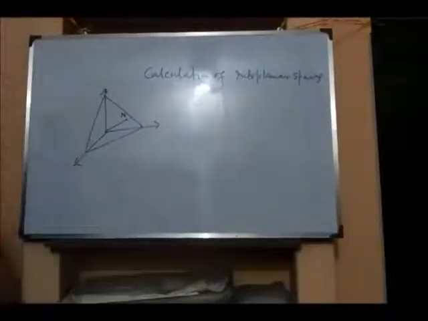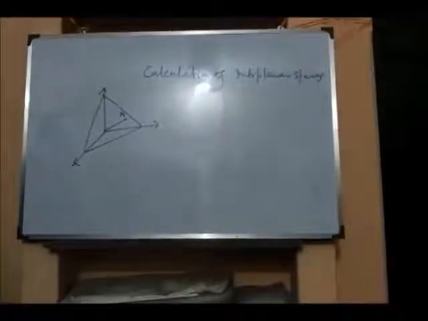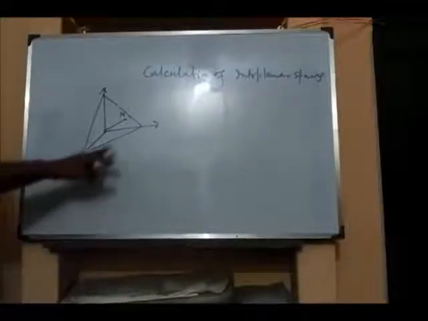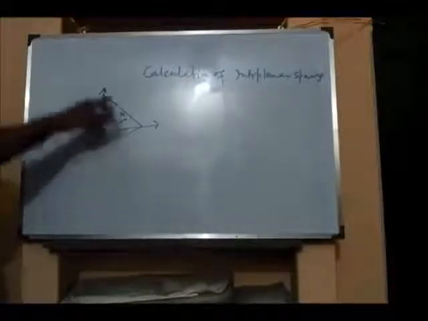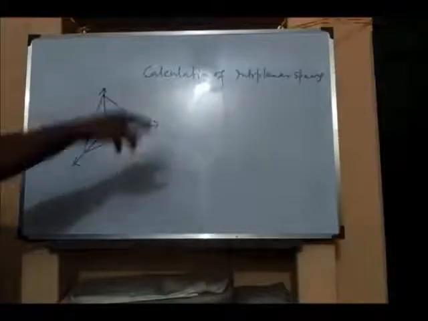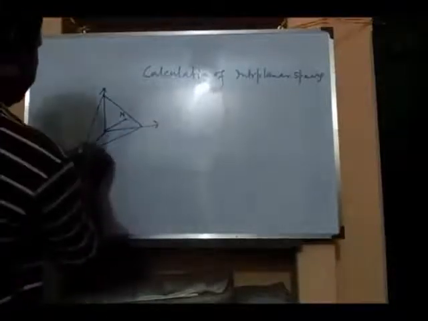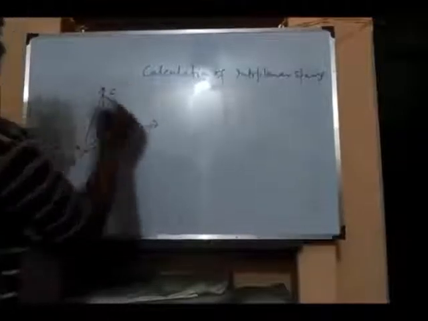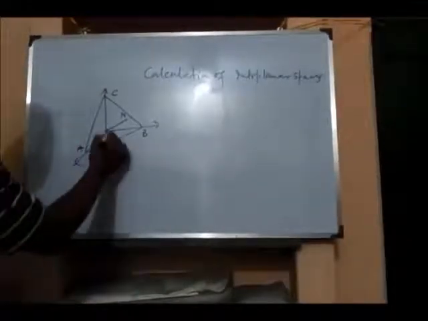This is passing through the origin. Now if this is the normal of the plane, and you consider this as the ABC plane, and this ON as the normal,